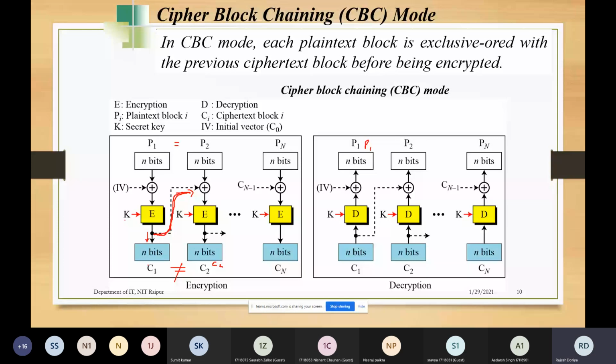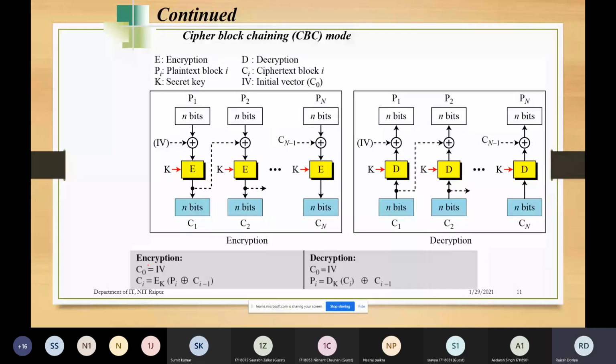Yes, sir. Okay, thank you. So this is how things can be represented mathematically for encryption and decryption. These are quite straightforward, so I'm not going to discuss them. The only thing we have to make sure is that the initial vector used for encryption and decryption needs to be shared initially. The sender and receiver must agree upon a common initial vector before encryption and decryption. Only then will this process work, otherwise it will fail.